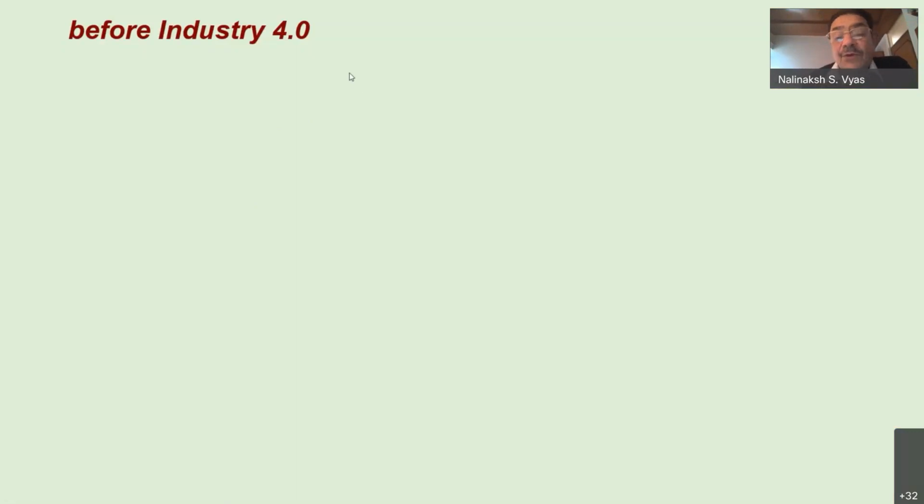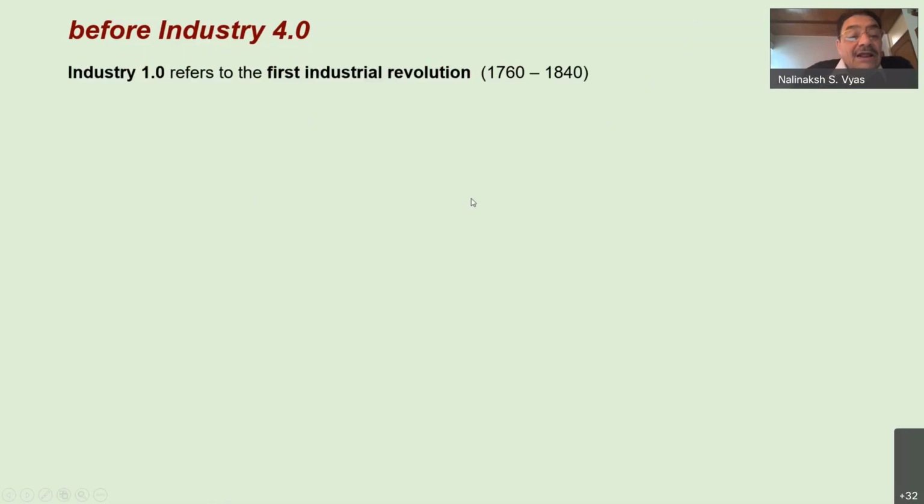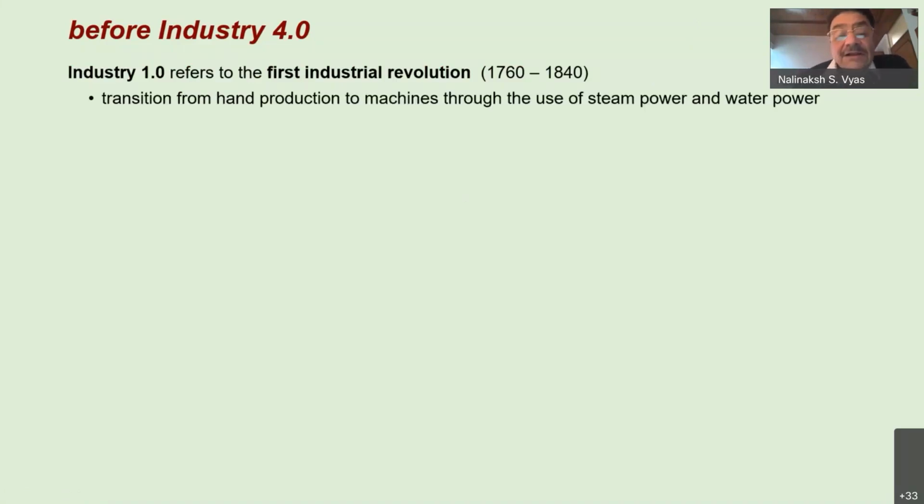So this is Industry 4.0. It is not as if the world did not exist before Industry 4.0. Industry 1.0 refers to the first industrial revolution that happened from 1760 to 1840. That is the time period assigned to the first industrial revolution. To give you a reference in time in India, this was the time of the decline of the Mughal Empire,